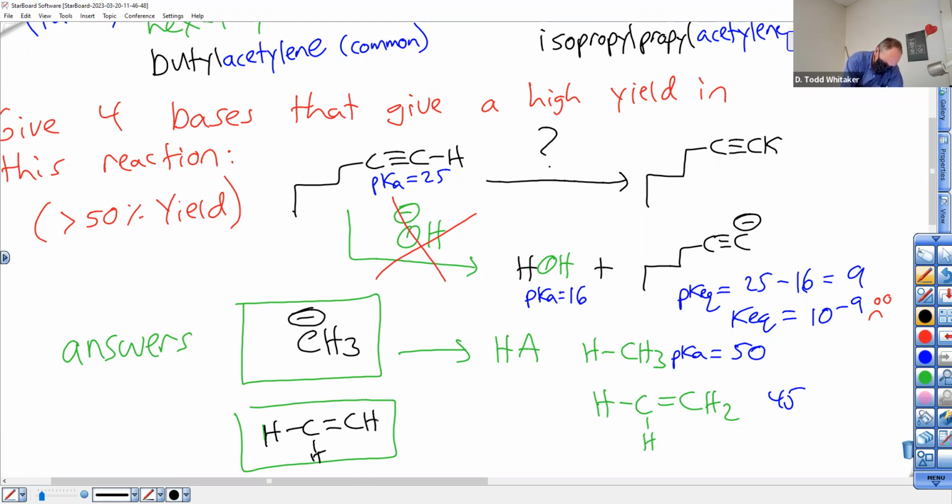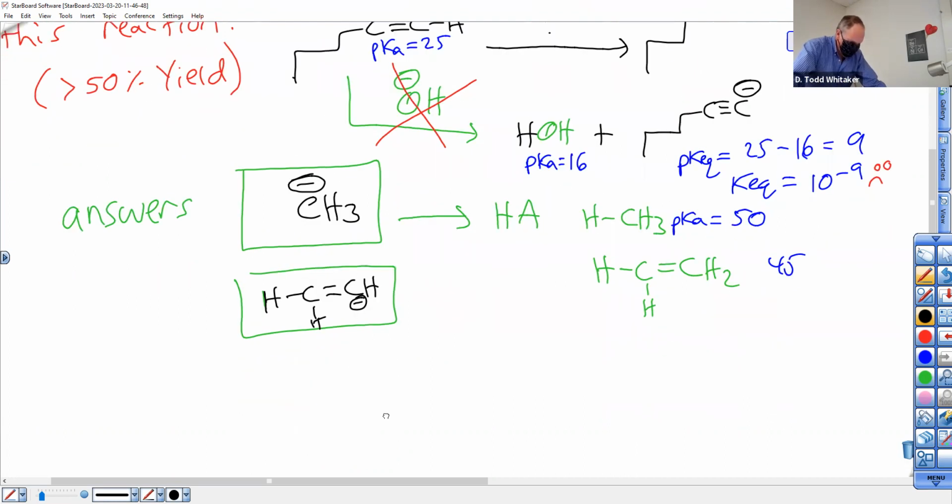Oh, I guess I took it off the right side. Sorry about that. That's pKb negative 31. Two more. Amine. So don't give me the amine as your answer, right? That's the conjugate acid. Want to stick with methyl as much as we can? Keep it simple. That means in the box,